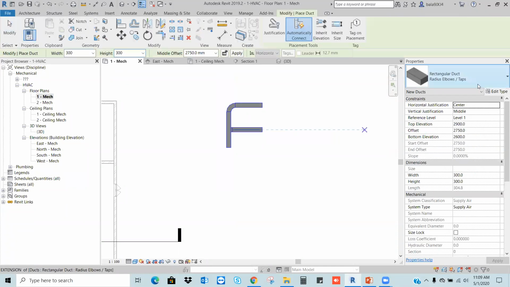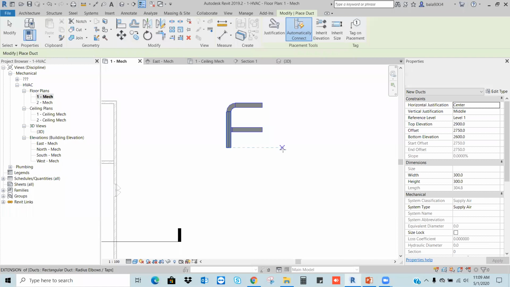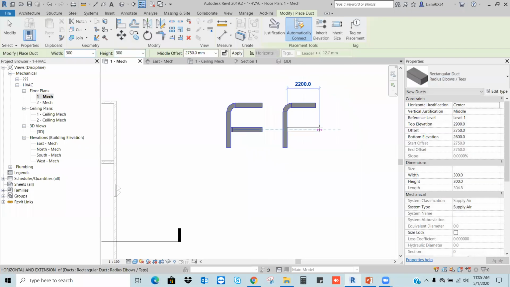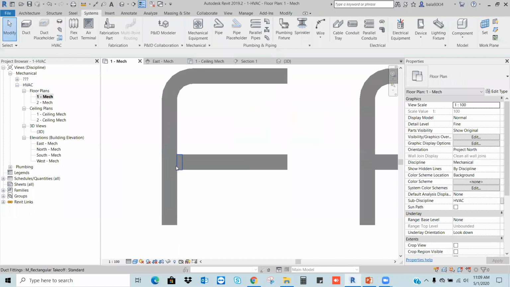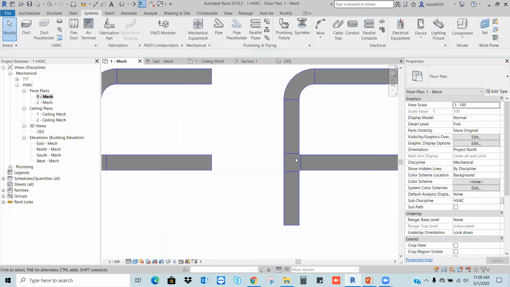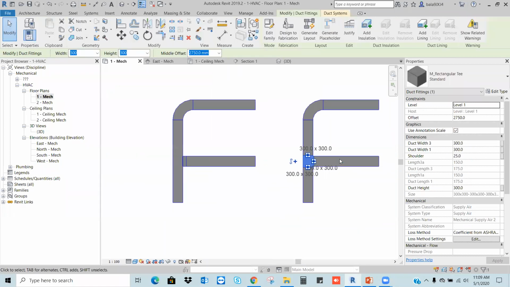To understand better, I'm going to use another type, radius elbow T. See, it's clear. Now I'm getting only this small tap to connect the duct, the main duct to the branch duct. Here I'm using the T fitting to connect the main to the branch duct.